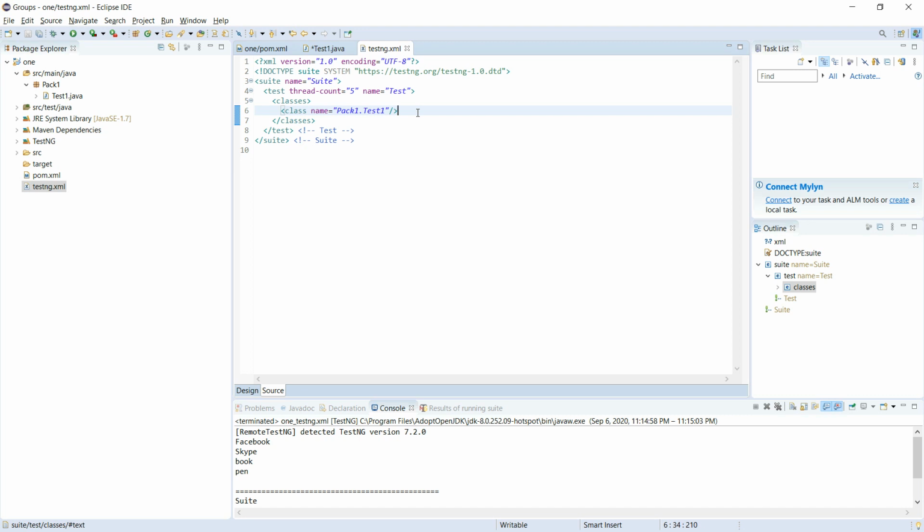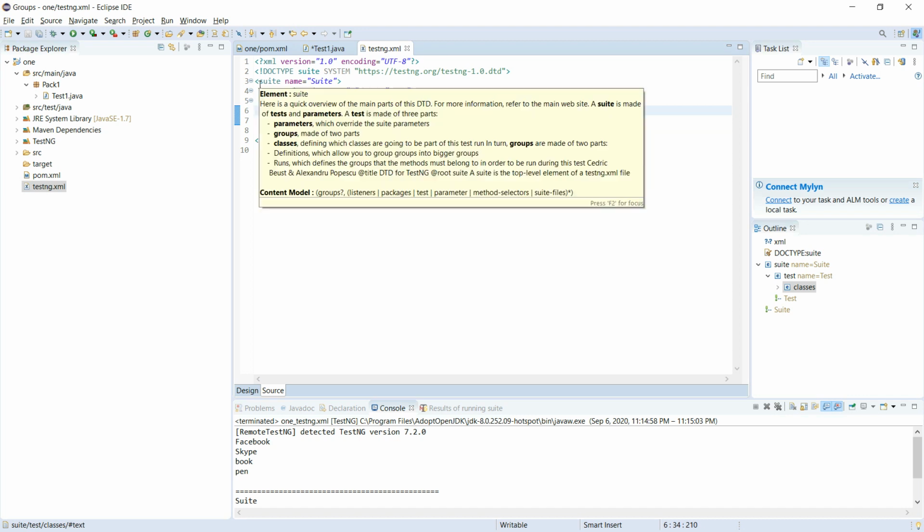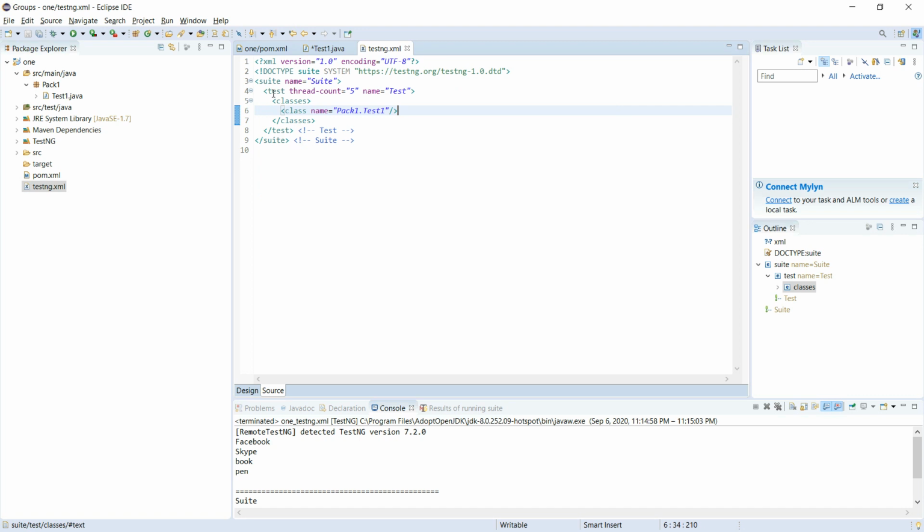Here we need to write methods. The order of the XML suite is: first it is suite, after that test, and then classes. In classes we have to write the class names, and make sure that every tag needs to be closed.